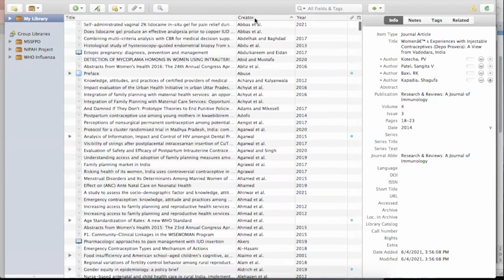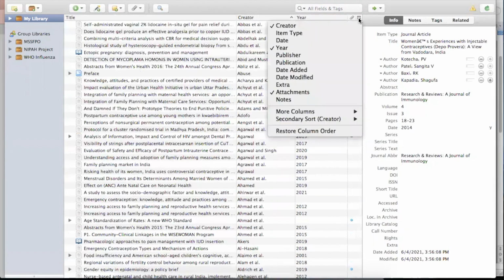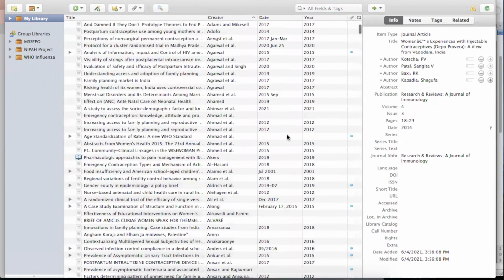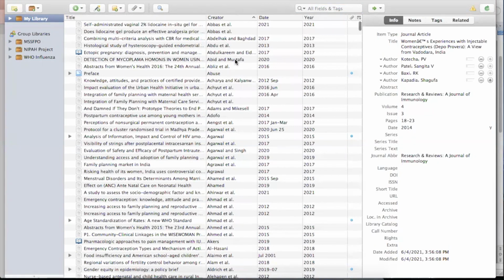Similarly goes for creator. If you want to do it alphabetically, you can click on this, and then it will be arranged alphabetically. And for year, suppose you want to add any other information to this middle pane, what you can do is you can click on this, and maybe if you want to add publisher or date added or publication, then you can. Suppose you want to add date, so you can add date. Whichever article will give this information will have month or date or year, otherwise only year will be mentioned. So that's how you can do it.